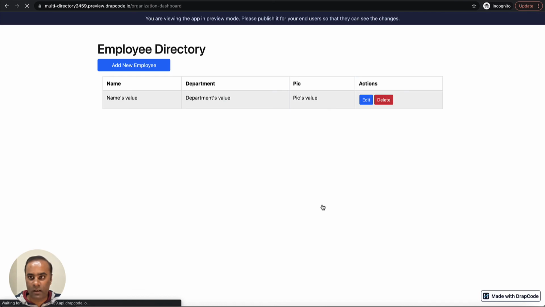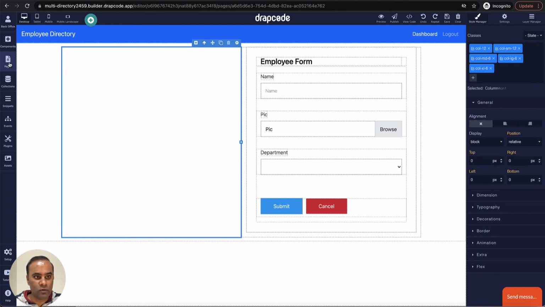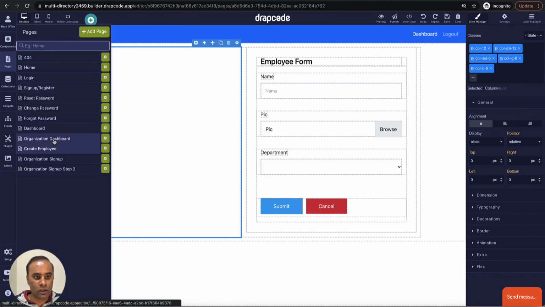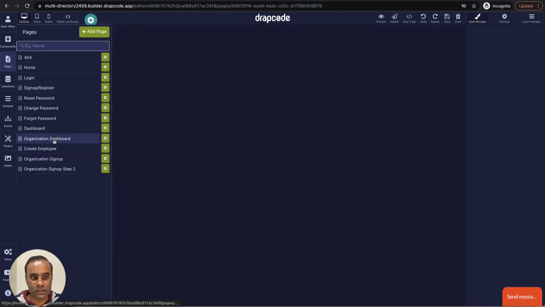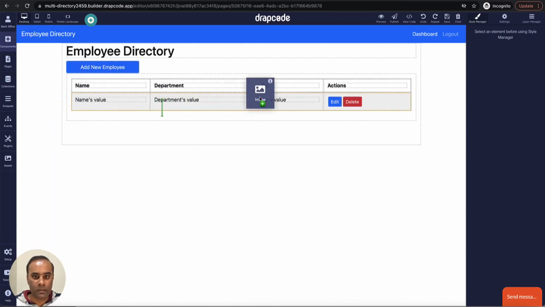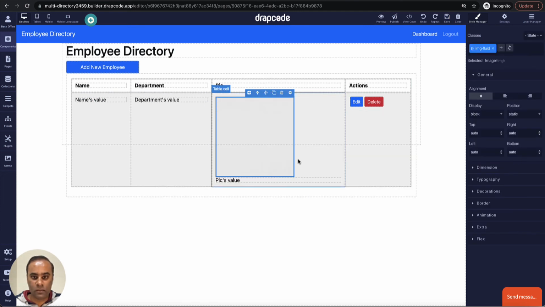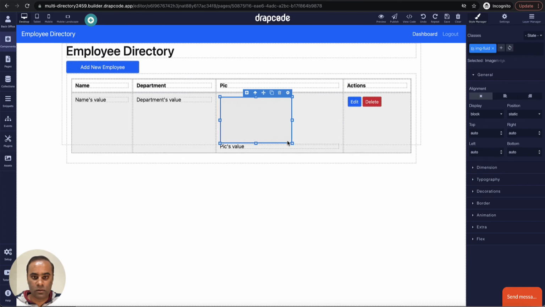It has saved the data, shown the message, and redirected me to the list page of employees where we are seeing the data. Okay, so the employee 1 has added successfully. Let's display this image as an image, right? As of now, it is just linking it to the file. So what we will do, we will go to the dashboard and just fix this. To fix this, it's very straightforward. Just go and drop an image because we want to display it like an image. That's all. Maybe we can give the size.